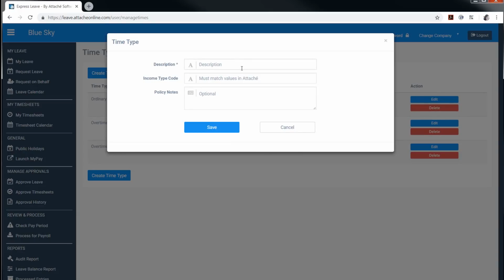Enter a brief description so employees can easily identify and select the appropriate time type when entering a timesheet. Enter the corresponding income type code as set up in your desktop payroll company. If you do not enter an income type code, the timesheet transaction will not be imported to your desktop company